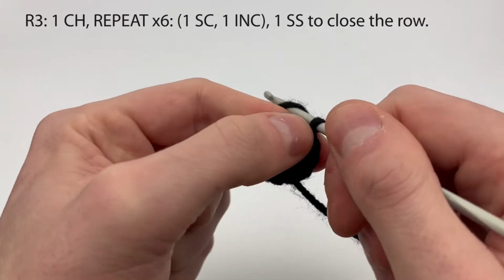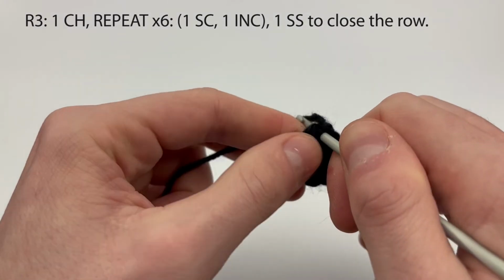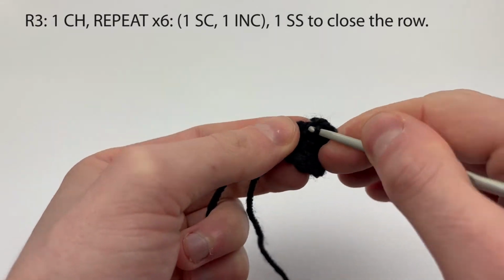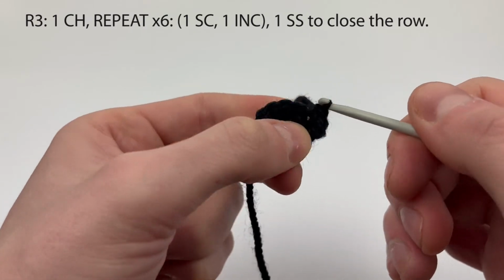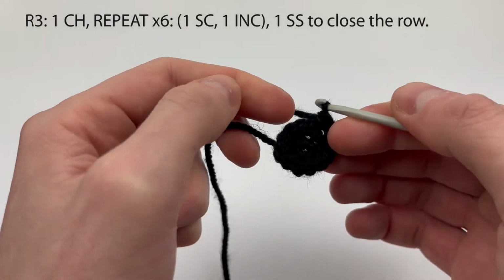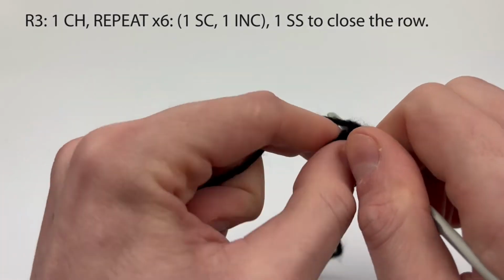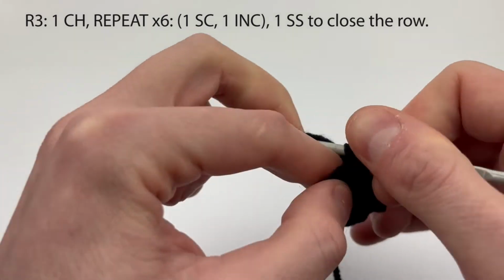So for row 3, once again we chain. This time we put 1 single crochet in our first stitch, and now we increase in our second. Now we're going to alternate around to the end here, making single crochet and then an increase in the next. So that was increase, that means this is single crochet, that means the next one is increase,